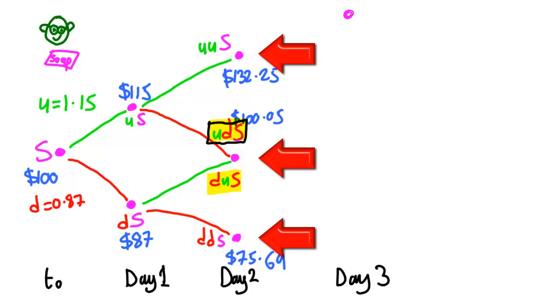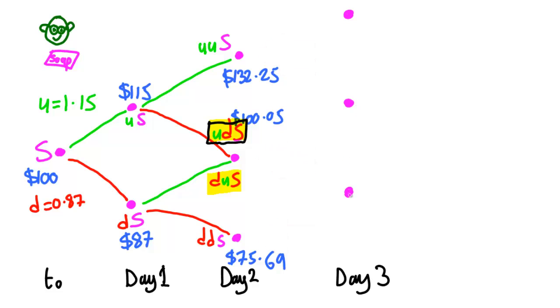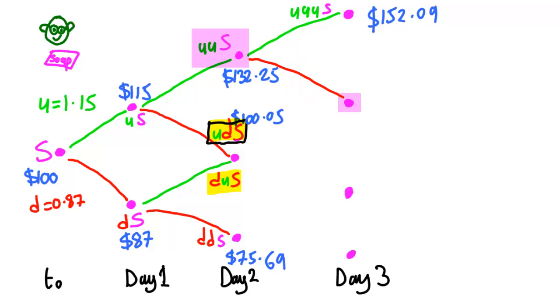Let's do just one more day. Now we have 3 nodes. Each can either go up or down. Let's go down and do each pair. Going from UUS, we can go up to UUUS, which gives us a price of $152.09, or $132.25 multiplied by 1.15. If we go down to UUDS, it's 132.25 multiplied by 0.87, or U times D times S, which is